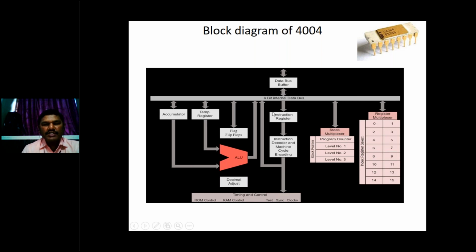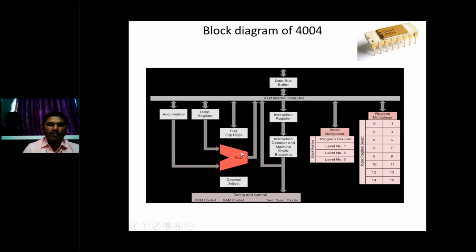And these are called different registers. And this is the data bus. And this is also called the control unit. These two are called the control unit. And here these are also the different registers. So that's why I told you there are mainly 3 types of blocks: ALU block, control block, and register set.